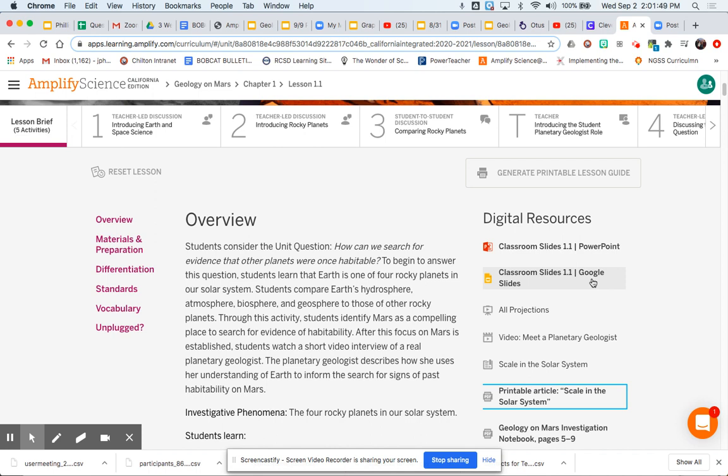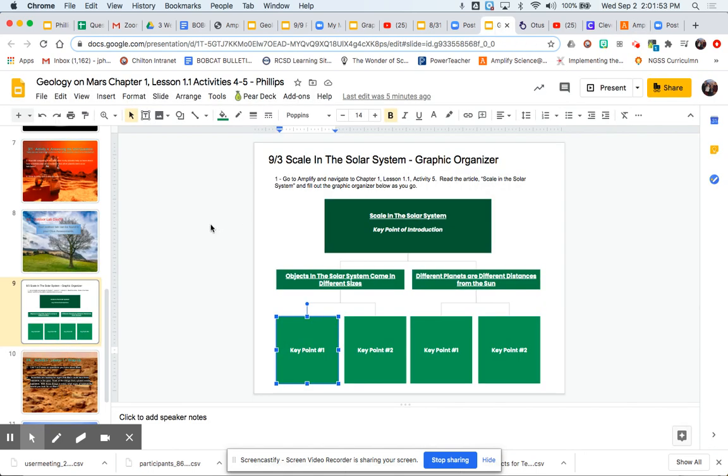All right, so that's basically today's lesson. So you're just going to finish that Geology on Mars slide 9 by reading the article, and then you're done,